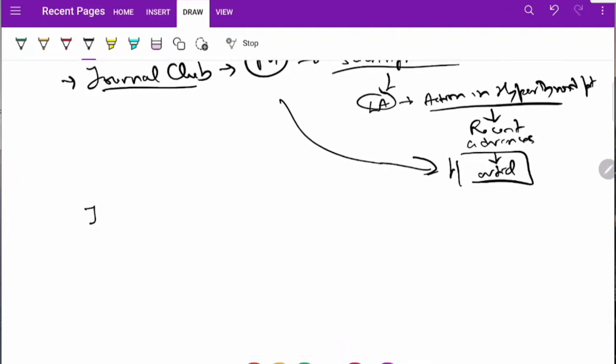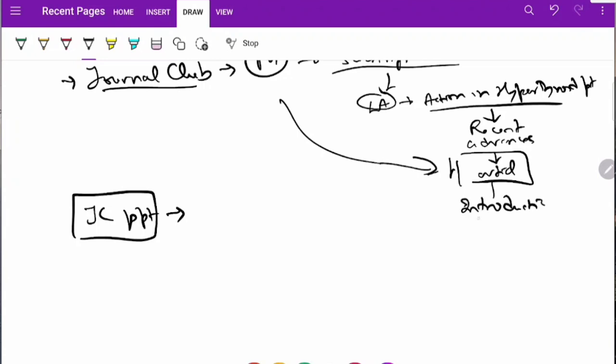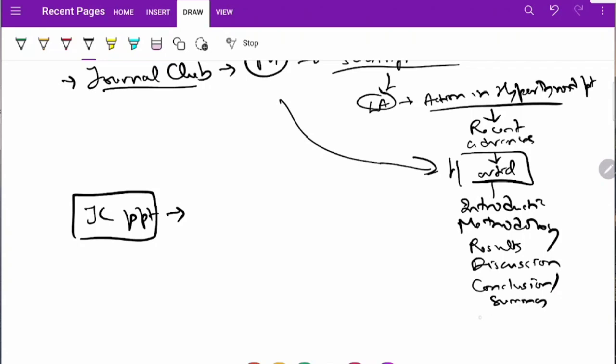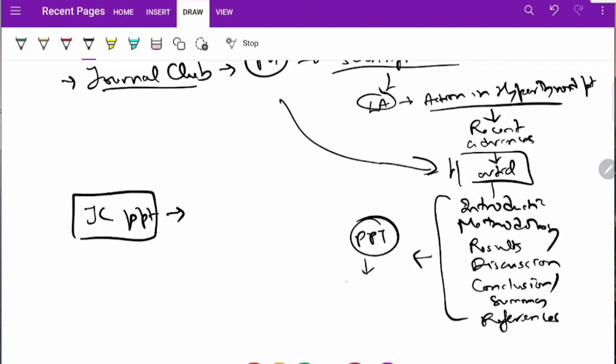So what should a journal club presentation have? Generally, whatever headings the article has, let us say it has introduction, methodology, results, discussion, conclusion or summary, and lastly references. Under these same headings, we will make a PowerPoint presentation, and that presentation can have one or more